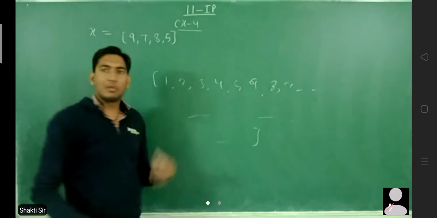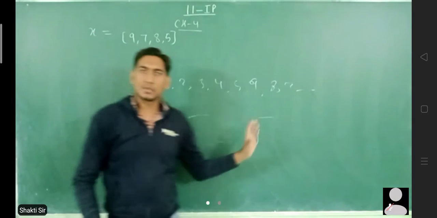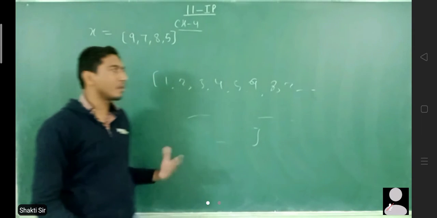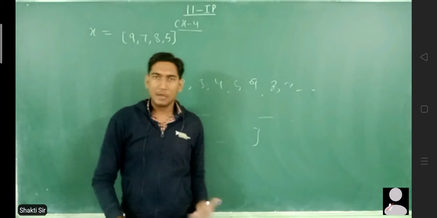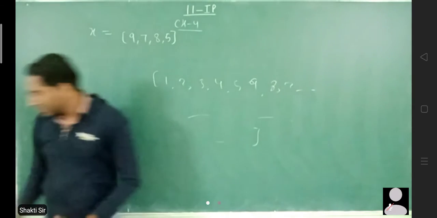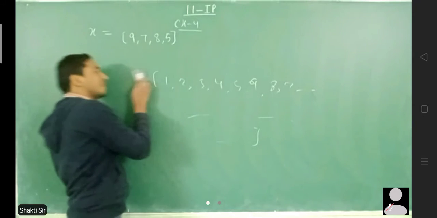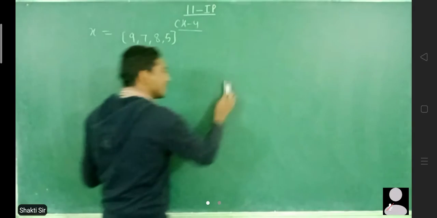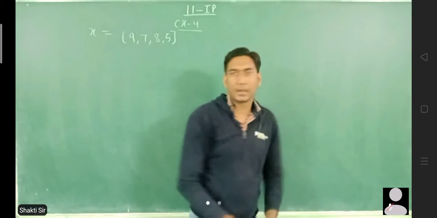And if I want to know the number of items in a list, should I count all the numbers? No, this is a manual task and we are doing programming. So there should be some function which will tell us the number of items in this list. So let us see these two things. One is what is the type of this, whether it is a list or not. How do I know that it is a list? And the other thing is what is the number of items in a list?